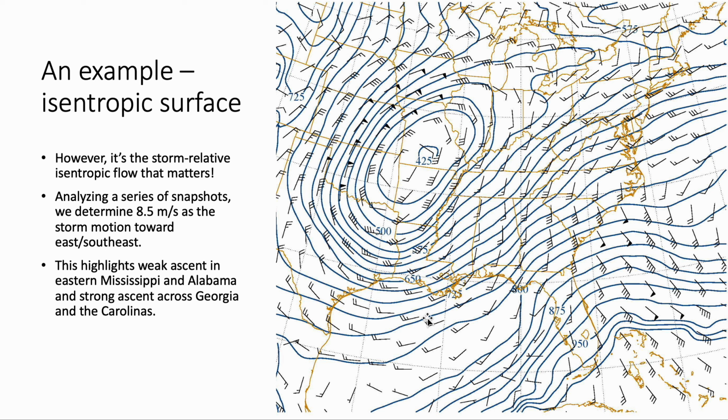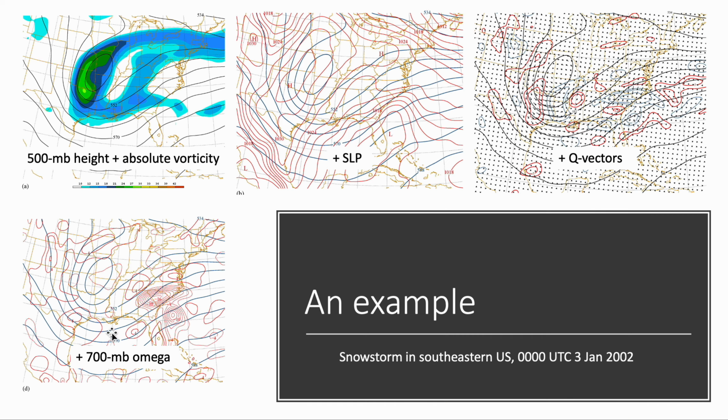So if you remove the velocity of this trough, the phase velocity of the trough C, and you recompute the velocity field, then you see that there is now weak ascent over Mississippi and Alabama, strong ascent over the Georgia and Carolina regions, this we knew, but now we see weak ascent over the eastern Mississippi and Alabama region, okay, which is more in line with what the pressure velocity over here